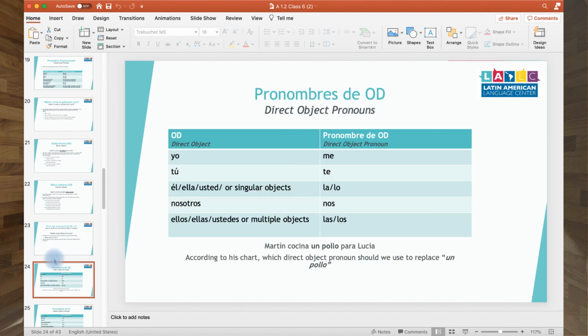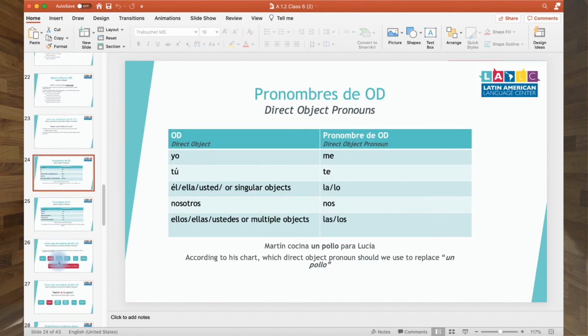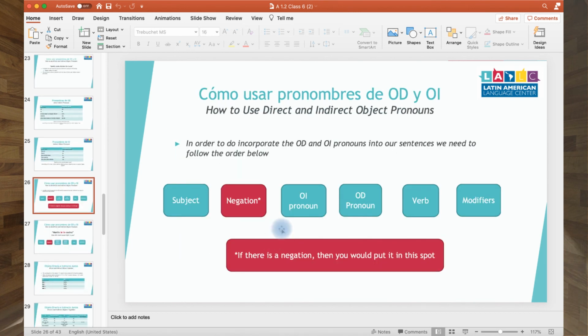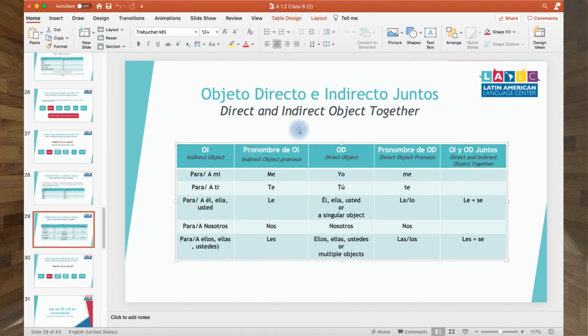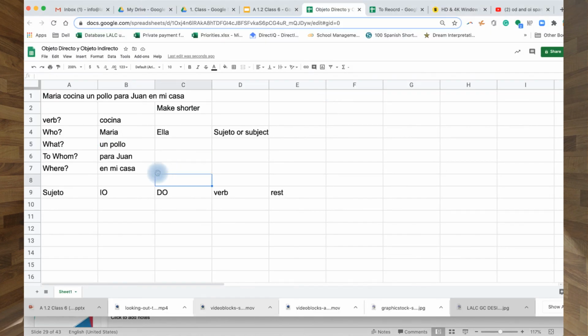Look at this table of conversion. So this is the order I just talked to you about. Subject. If there's a negation, if there's a no, then you put it first. Indirect object first, direct object second, and verb. And the modifiers are the rest. So let's look at a table of conversion. This is how you read it. So let's do first